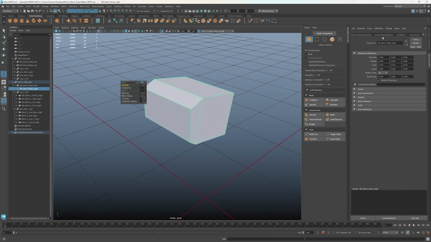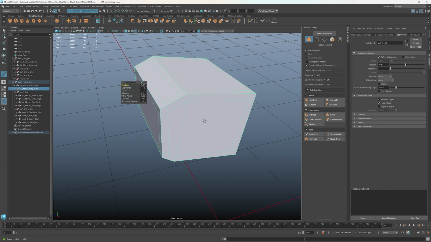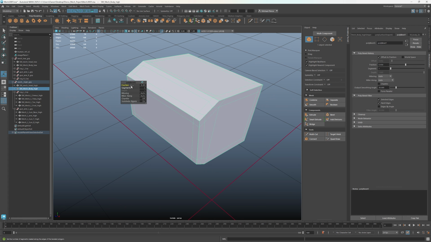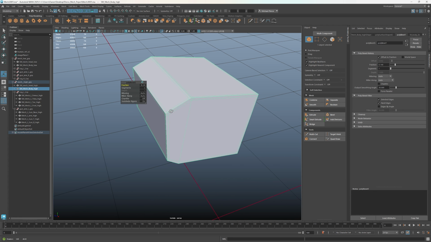Refreshing it, I need to find the bevel and look for the hard edge option, right? So doing the hard edge option, notice how now all of a sudden my thing conforms a lot better to the hard edges on my model,